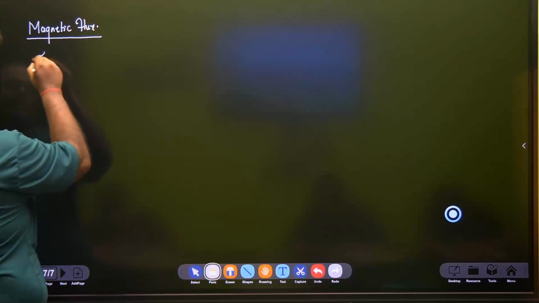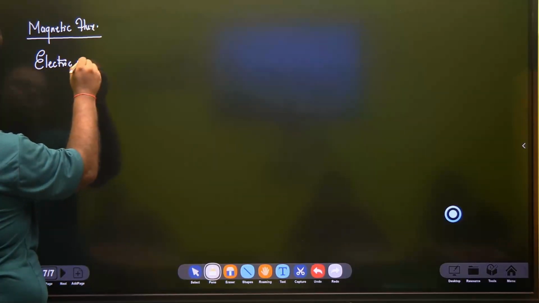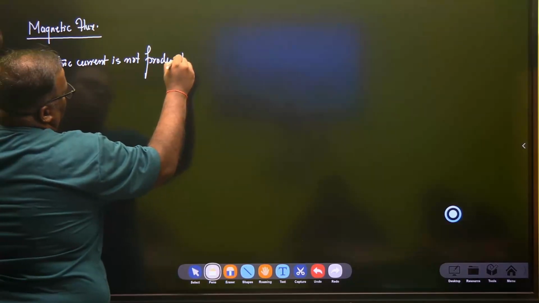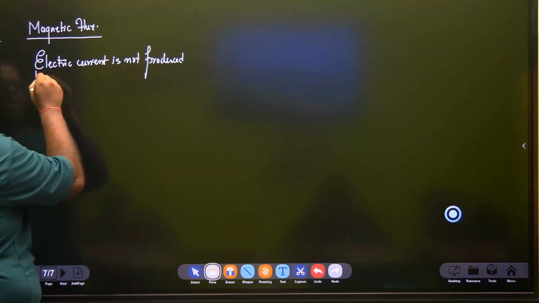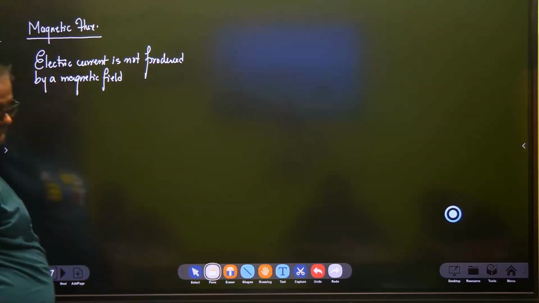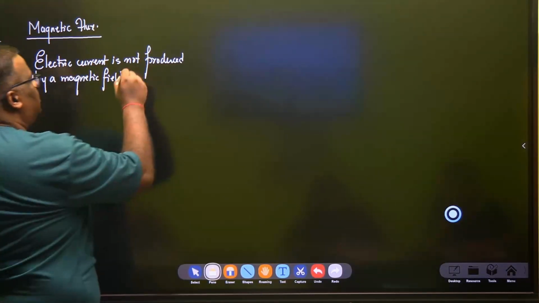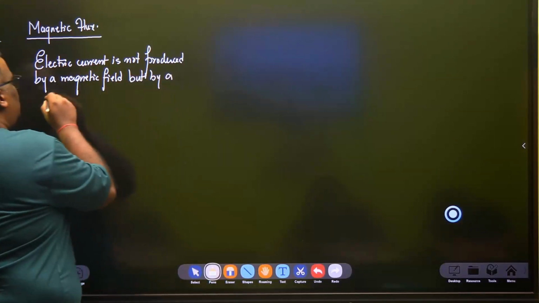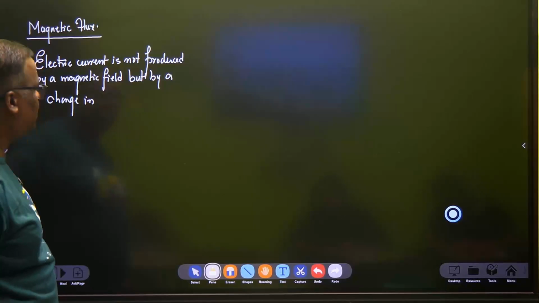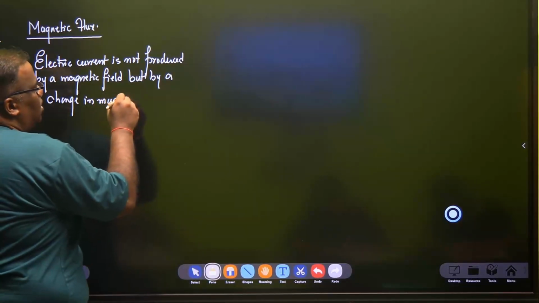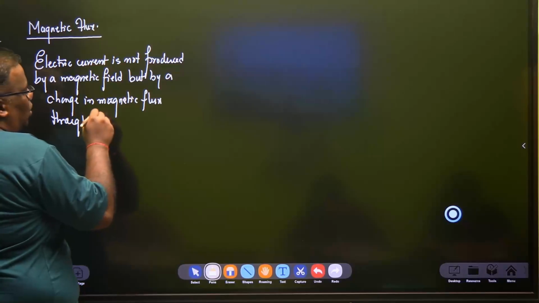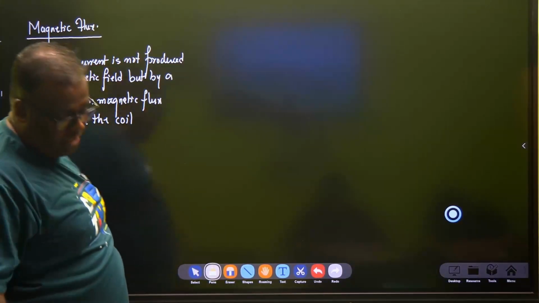Write down, electric current is not produced by a magnetic field, but by a change in magnetic flux through the coil. You are not doing it by magnetic field, but